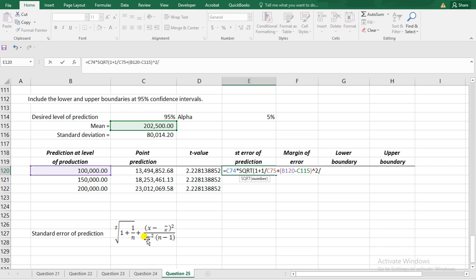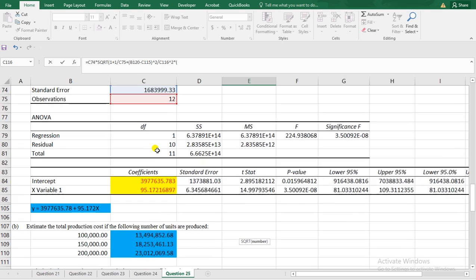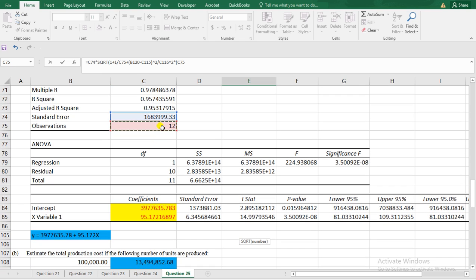Standard deviation squared, which we had computed, times our n number of data values, which is that minus 1,